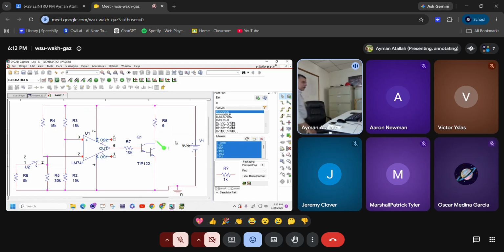Okay, guys, let us take a 15 minute break. Then we come back after the break. Do you want the same pictures of this second? Yeah, the picture of the schematic, also the